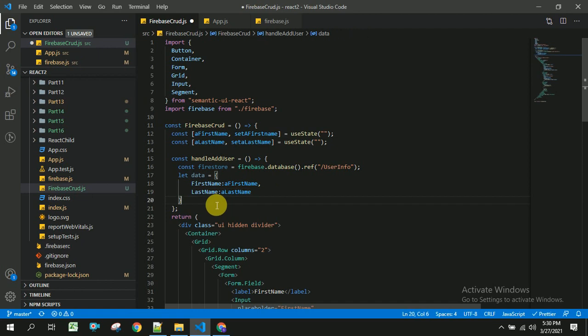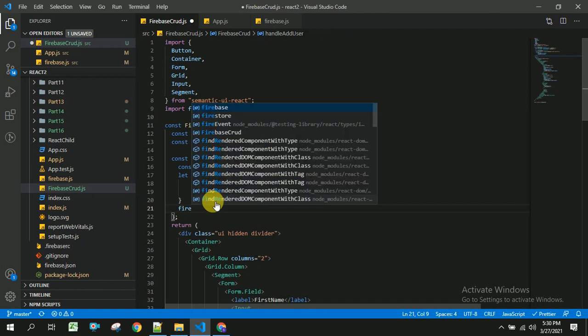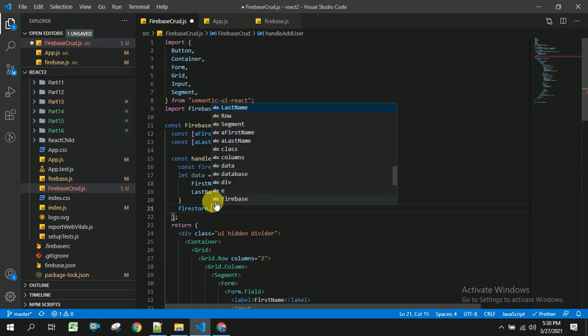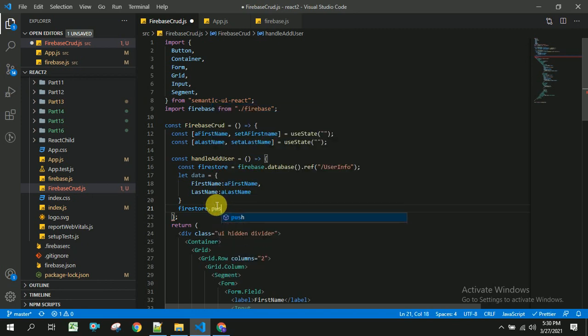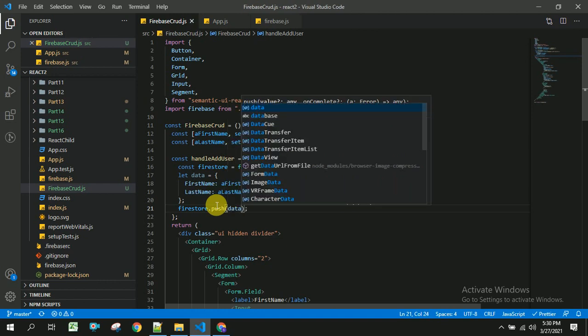After creating this object, we have to push this object to our Firestore database by using firestore.push of data. So once this is saved successfully, you should be able to send the data to our Firebase database.